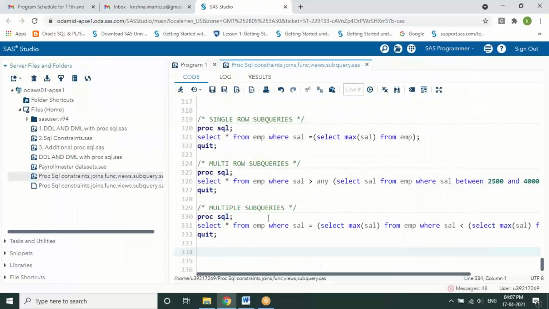But in the context of SQL and SAS, we have covered every part of the SQL part on SAS. Hope all the concepts are clear. Any questions so far? Anyone?